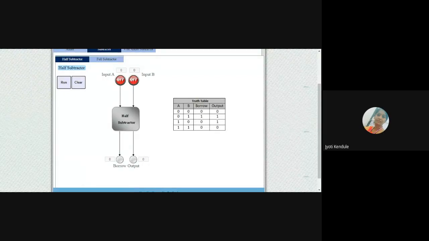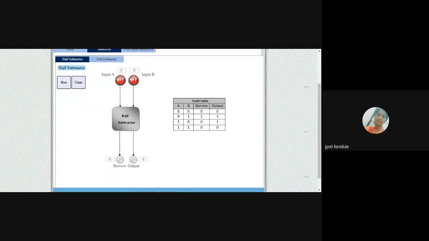Verify it once again. We have prepared this combinational circuit diagram in your notebook, everyone. In the second chapter, we have discussed the combinational circuits. In that, we have discussed the half adder, half subtractor, full adder, and full subtractor. Once again, verify and tell me.